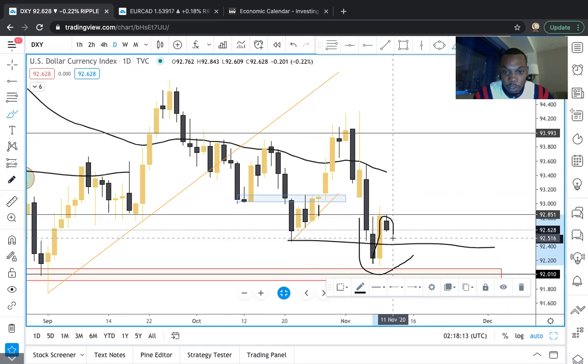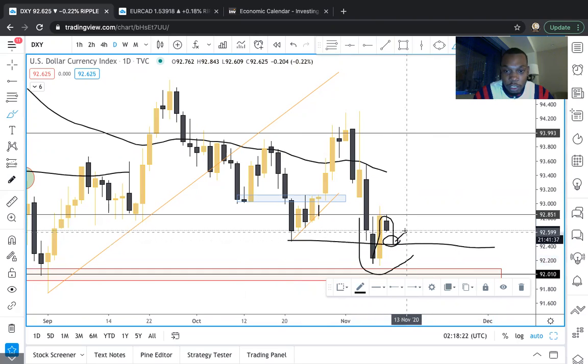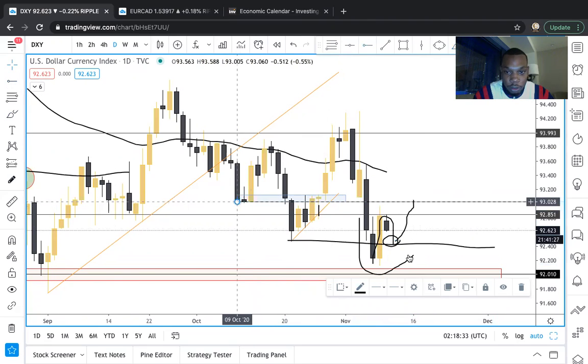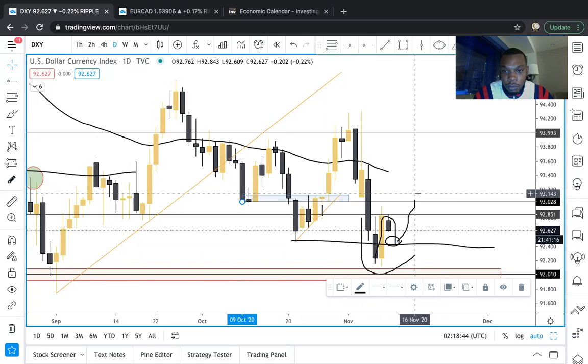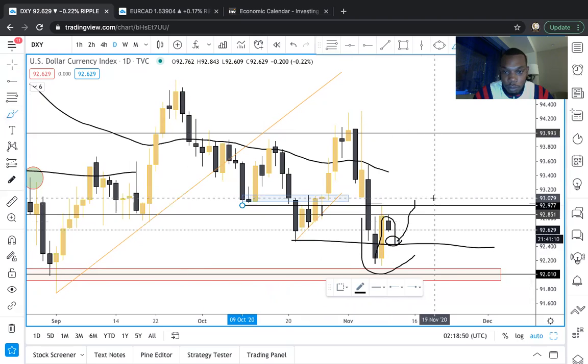Price is potentially trying to come back down to make a retracement. Around this level right here is going to be a breakup round scenario. If we get a bounce, we could potentially see the market make a retracement back up to the upside. Where I would target is around 93 resistance first, and then if we break above that, I will look for the price to push up towards 93.50.